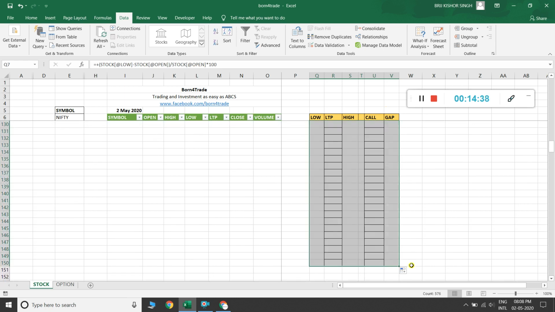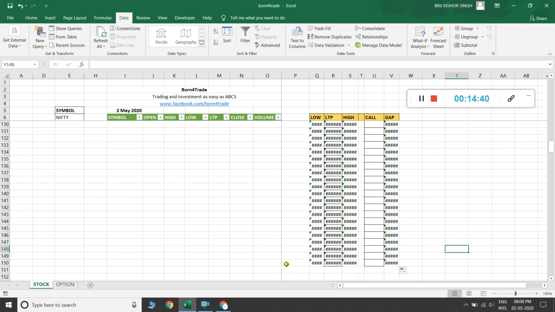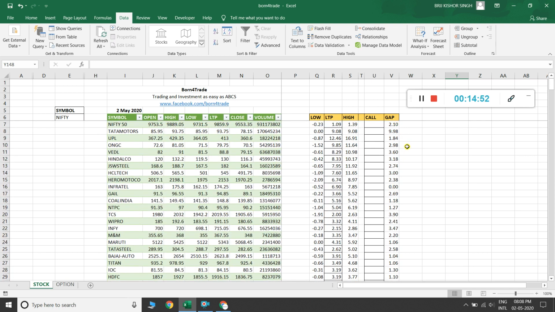Sorry for that, I just drew here, because when I select this F&O stock, it is common for all F&O stocks, and it is completed.